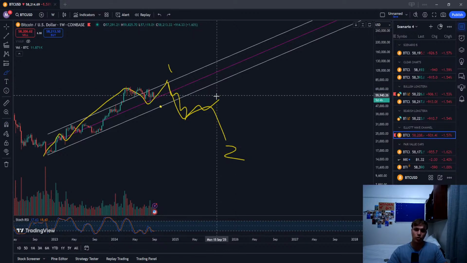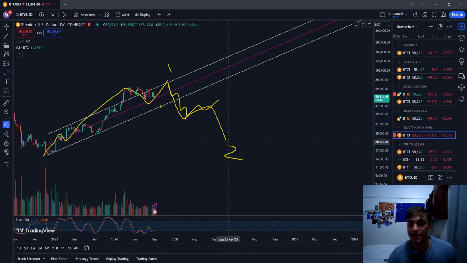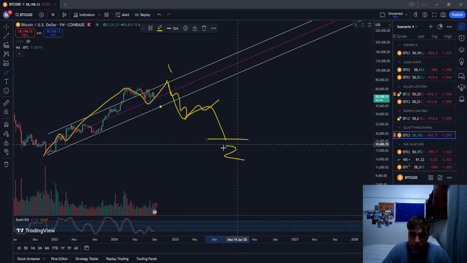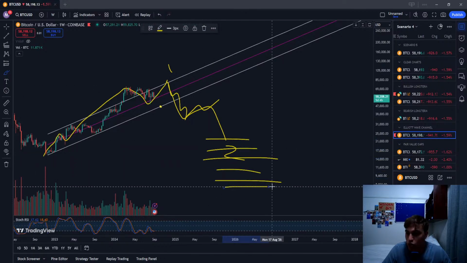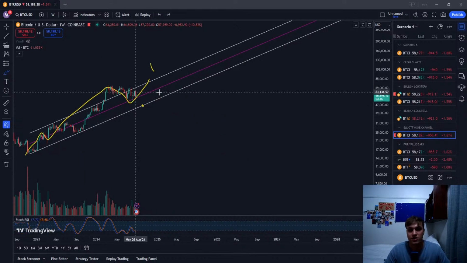So then we would have to watch this, and if we find support at a 1-to-1, by then it's too late to enter into a long. So we would have to start entering in quite an orderly fashion all the way down if price does get there. But to be honest, I don't see this happening just yet.